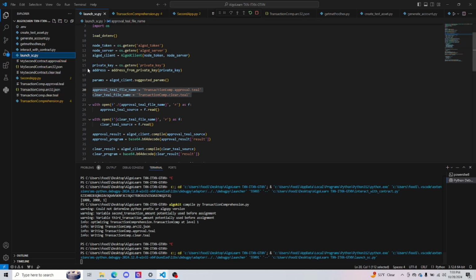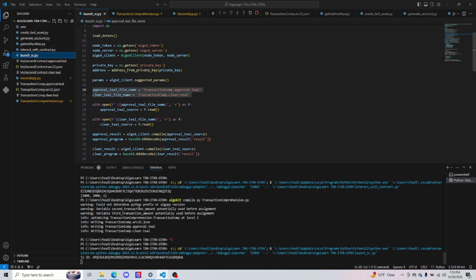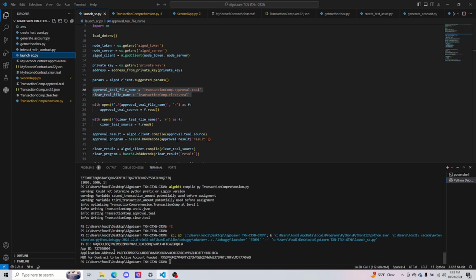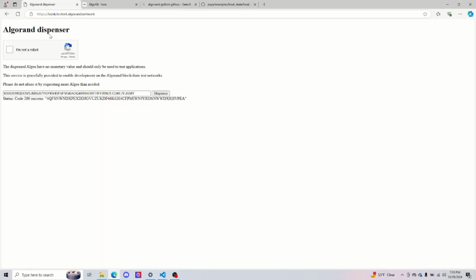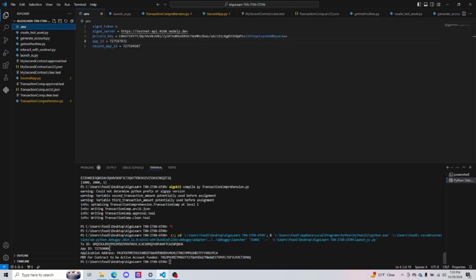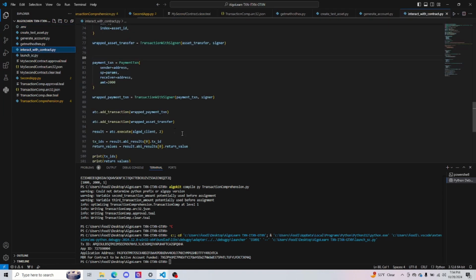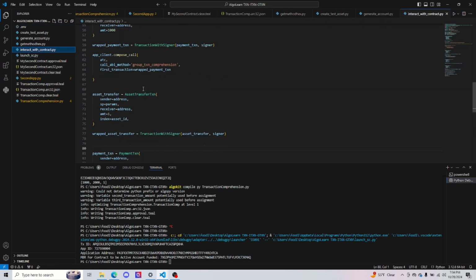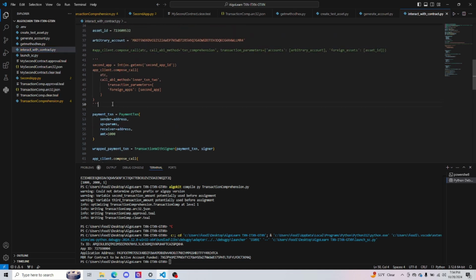And we'll put it to the test with, we'll have to fund the contract for those transaction fees. Let me just quickly grab this. And in our interact with contract, put in my new .env for the app ID. And in our interact with contract, we're going to uncomment